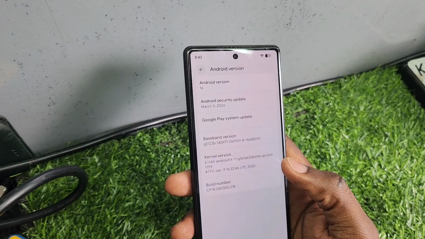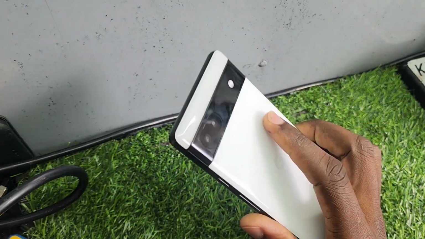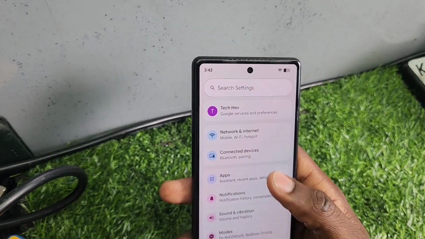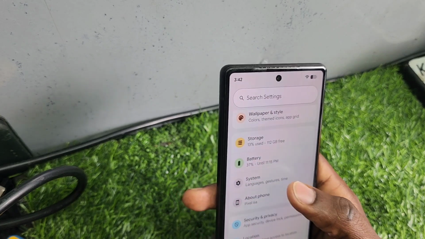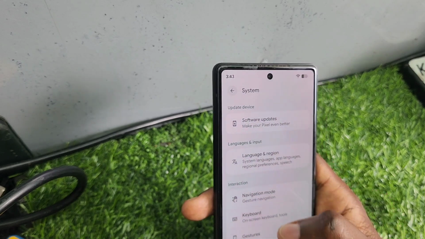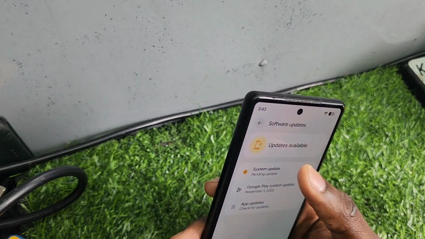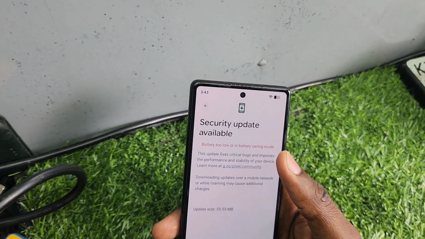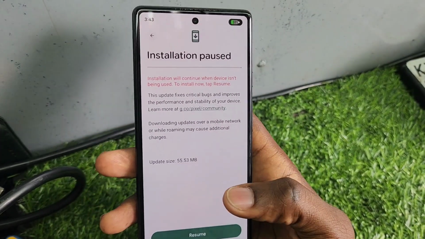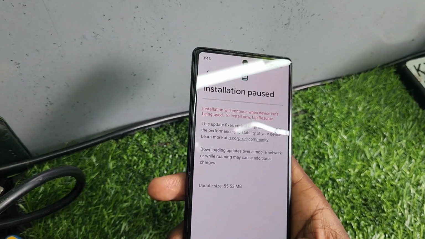If you have a Pixel 6a, 7a, 7, 8 upwards, you can get Android 17 early access. All we are going to do is go to the software update part, and you're going to see that I'm able to get a limited update, maybe to fix bugs and stuff. But I'm going to be showing you how to get Android 17 on your phone. For example, if I insert my charger, you see the update I'm able to get is just a minor update,